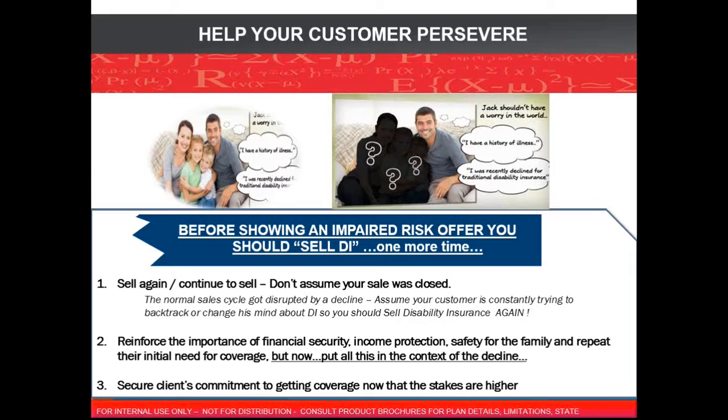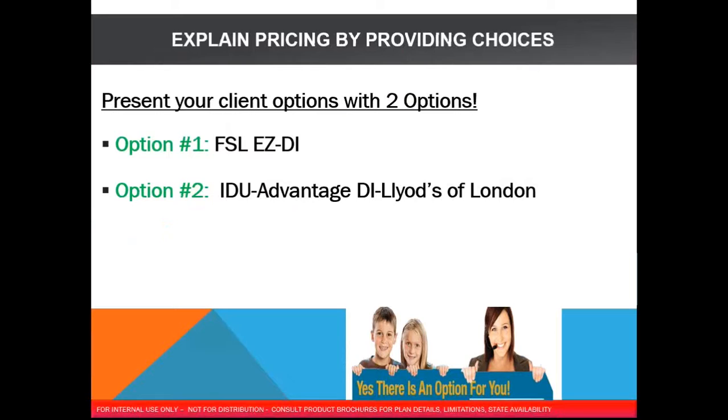It's for the safety of your family and the initial need of coverage we're trying to give them. Can I interject real quick? Jeff, interject real quick. By partnering with your Plus Group general agencies, when you're selling a DI case, if you